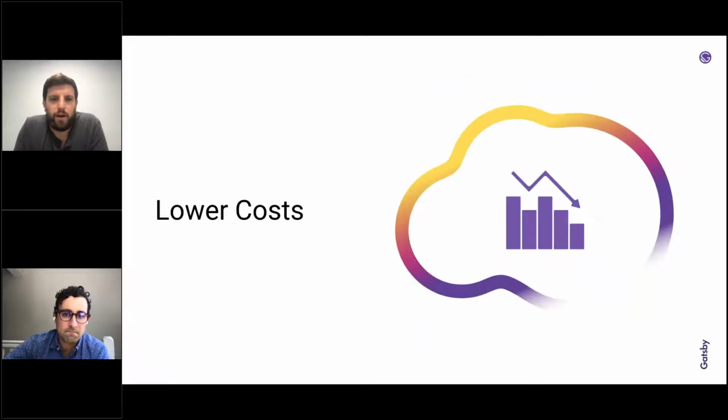Our next point, lowering costs. This one is important, I think, for all of us as we move to the cloud and we see these costs continue to rise. The promise of on-prem versus cloud may not be totally true. I think functions can do a lot there. One point is we're only using it as we need it. So we're not paying for a server to sit around idly for a month at a time while we know we only need it for, let's say, one day's batch of resourcing. And we really need to manipulate data one day and it's going to spike. Those things we don't have to pay for all month. We're only going to pay for the compute power we're using.